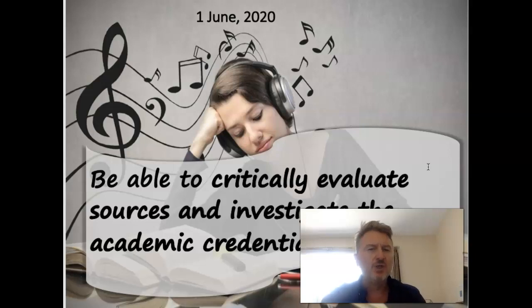Now, in terms of the EPQ and the assessment of the EPQ, I cannot emphasize enough how important this has been. In recent training that I completed with the AQA board, they spoke about this as the absolute gold standard of achieving either an A or an A star in the EPQ. So above all things will be to show that when you read, you interrogate, you evaluate, and you do not take the opinions of people at their word.